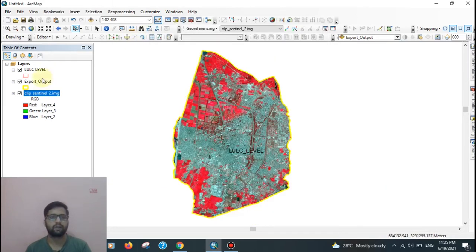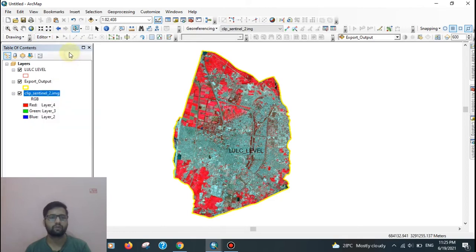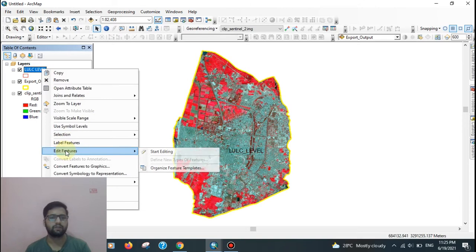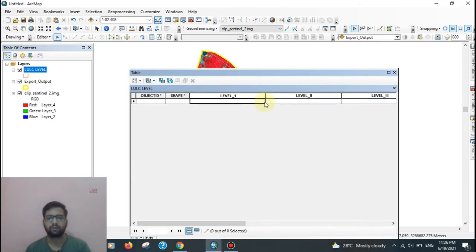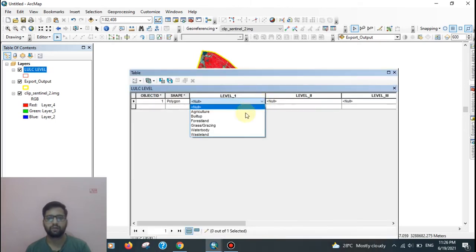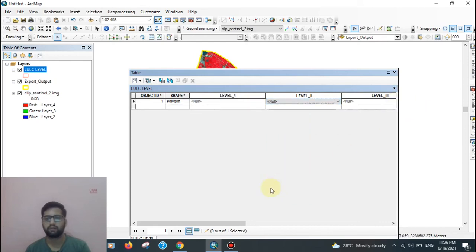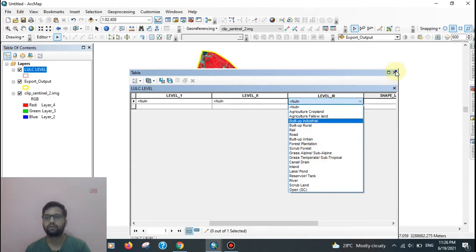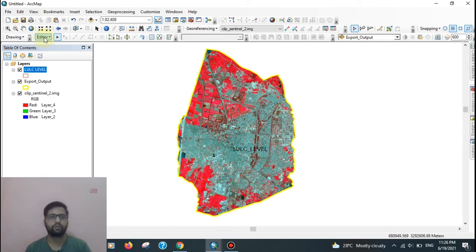Okay, then start edit, here edit feature, start editing. Now we can check the attribute table. Here we can see the drop down box, that is level 1, level 2 and level 3.